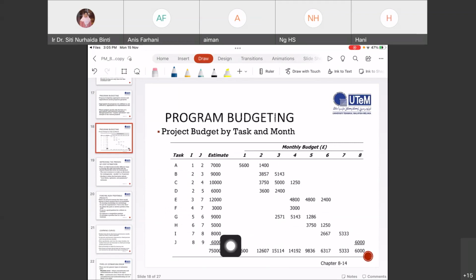You can see that every month there's a budget that needs to be monitored, with a task over here. For me, there's no one true best method. It all depends on the management, how the project is handled, and the accounting system in the company, how they work with the budgetary and cost estimation. So it's good for us to know there are so many forms of budgeting and cost estimation.